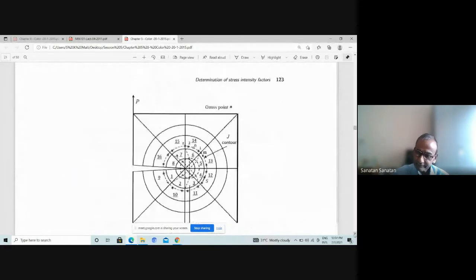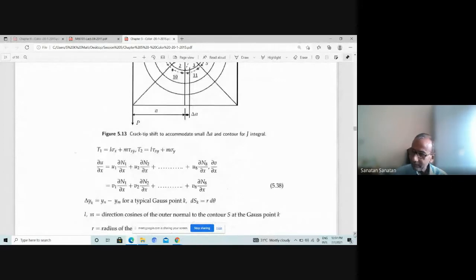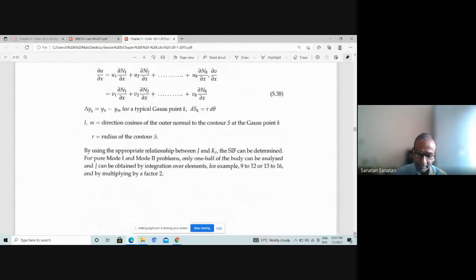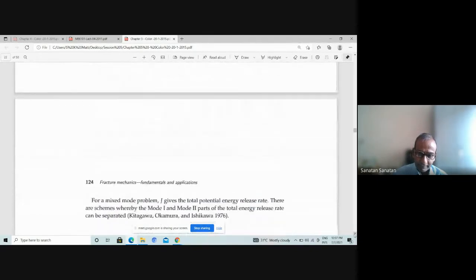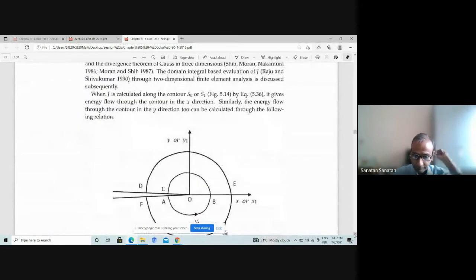So this J integral method is really very good. The evaluation of the values of this Ti delta U delta X is also available. It's very simple to calculate by the finite element method, and then sum up to get the values over each segment, and then get the total.